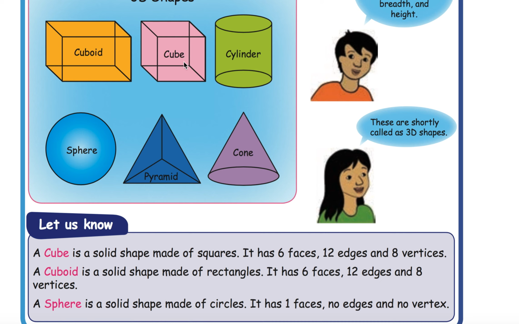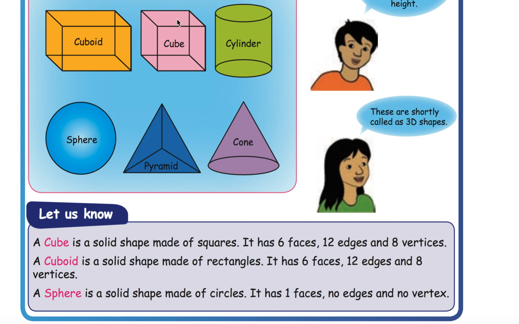These are edges. See, edges are the number of lines. And these points are vertices. If it is single, vertex; plural, vertices. So a cube has eight vertices. 1, 2, 3, 4. This one 1, 2, 3, 4. 4 and 4, 8. 8 only. Similarly, if you count the number of edges, they will become 12.